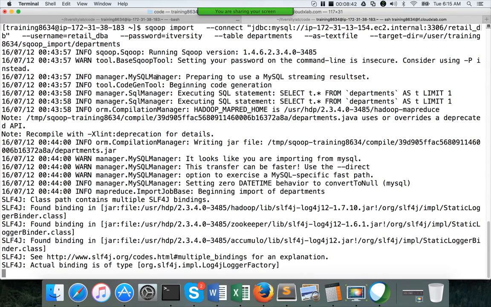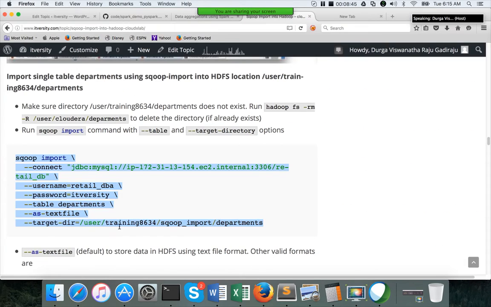So here, when we use target directory, whatever directory you specify, it need not be the table name. You can have whatever directory you want, but the directory should not be already existing. If it is already existing, it will fail. So you can say source table as departments, and the target directory, you can specify whatever directory you want. Okay, but it is not a good practice to choose a directory name other than the source table unless you are using Hive tables and you are using partitioning strategy, etc. Otherwise, your table name and directory name should be same.